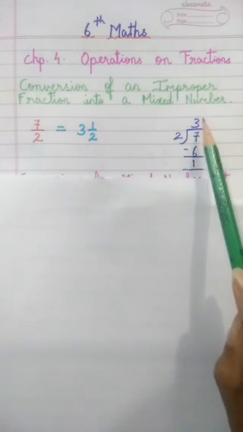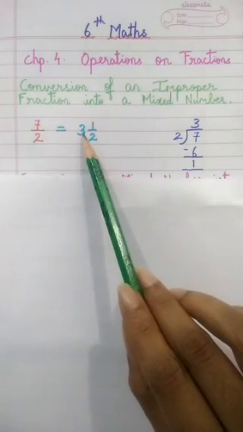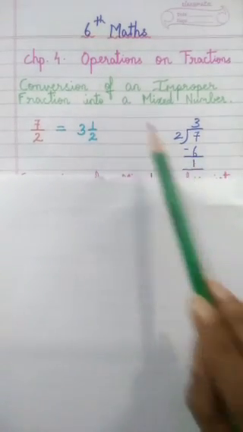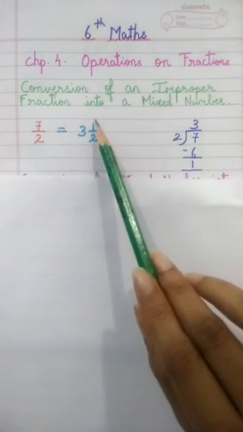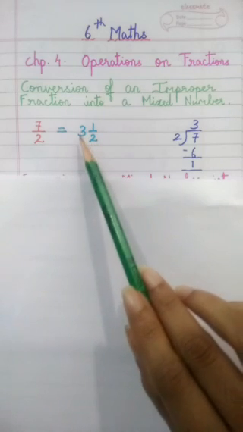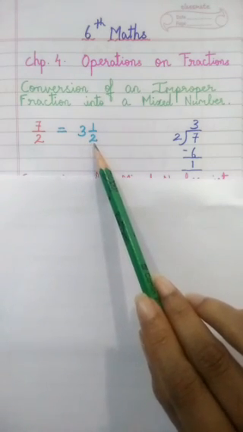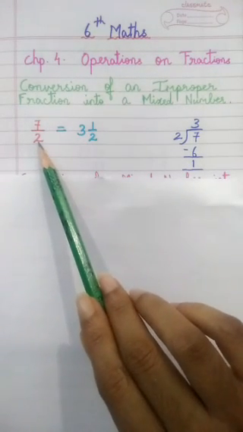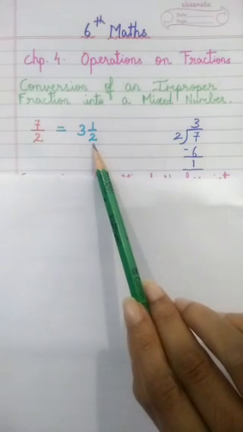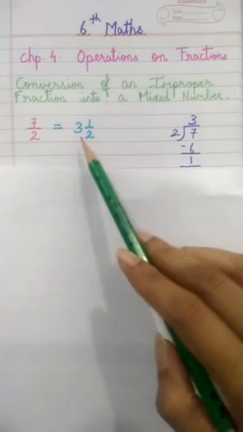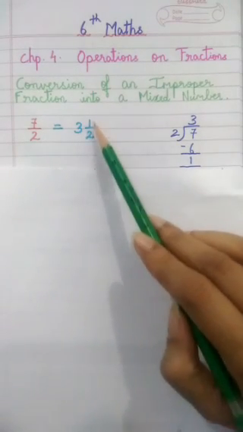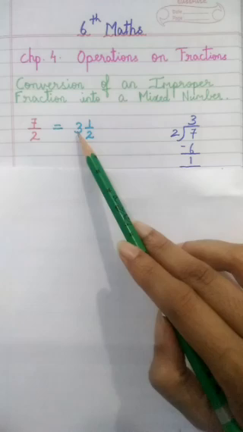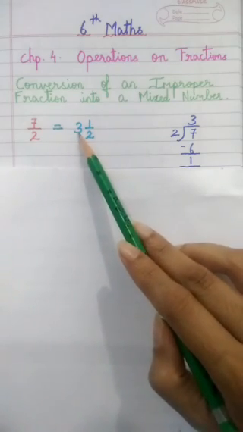How to write it as a mixed number? Quotient: 3 is the quotient. You take it first. On top, you will take the remainder, 1, divided by the divisor, 2. So quotient, remainder upon divisor forms your mixed number. The divisor is also your denominator, so the same denominator should come here also in the mixed number. Remember, 3 1 upon 2, a mixed number, is written in this form. 3 should not be up or down but in the center, beside 1 upon 2.